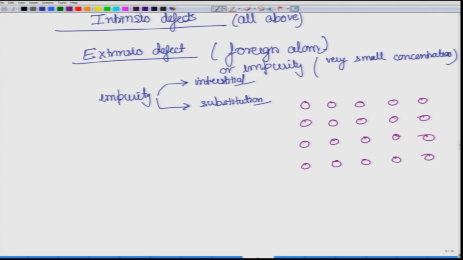So, let us say this is one particular type of matrix, the original material, and an impurity gets embedded into it. So, this is the impurity. So, this is another kind of atom. Now, this is sitting, as you can see, in the lattice site. So, this will be called substitutional impurity. What will be the other kind? Like we said, interstitial. So, for example, let us say this B atom, which is not the host atom, is sitting somewhere over here. So, this is not a lattice site. So, in this case it will be called an interstitial impurity.